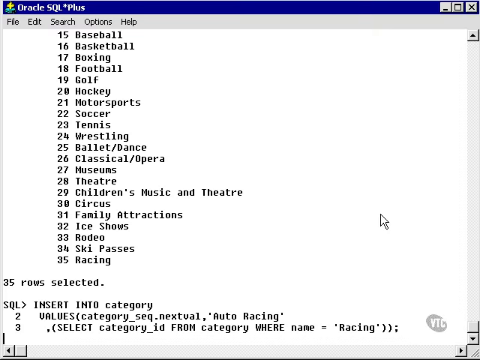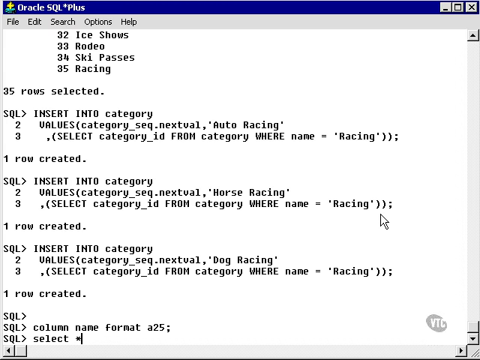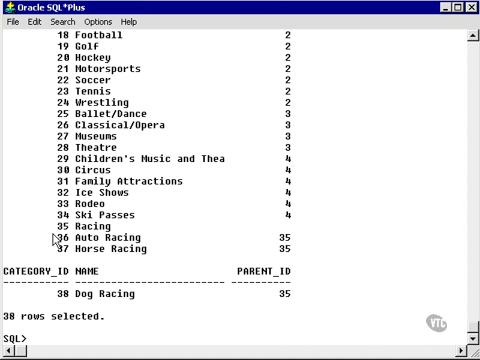So I'm going to copy and paste these into SQL Plus and run them. Now the first thing I want to do is I'm going to set my column width so I can see what's going on. I'm going to set column name on the category table with a format of, say, 25 characters. Once again, I'm going to select star from category. As I can see, I now have the category 35 racing with 3 different types of racing in the parent